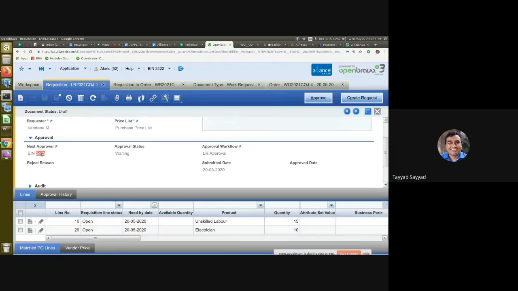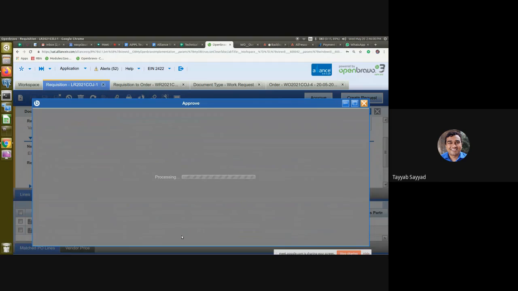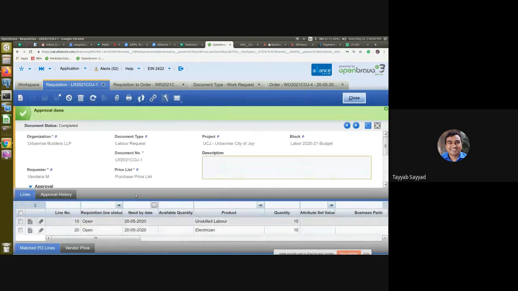In this case, I myself am logged in with the Vandana role, so it will show me the approve button. It will show me the submitted date, and after approval, it will show me the approval date. I'll click on this approve, and the labor request will get approved.